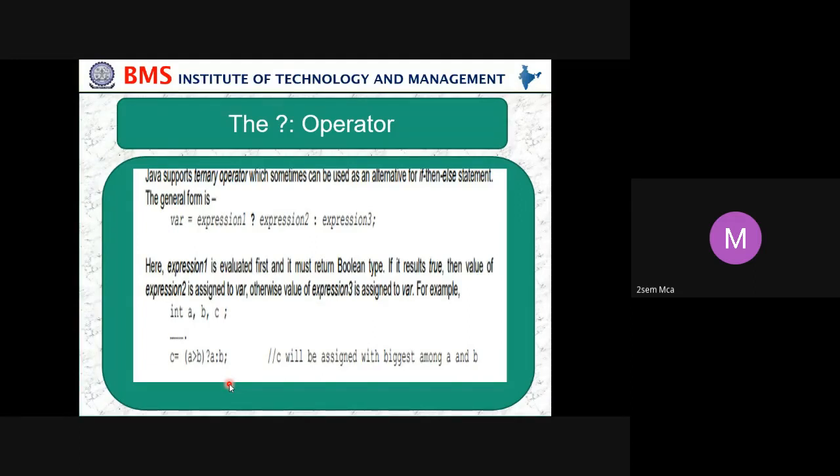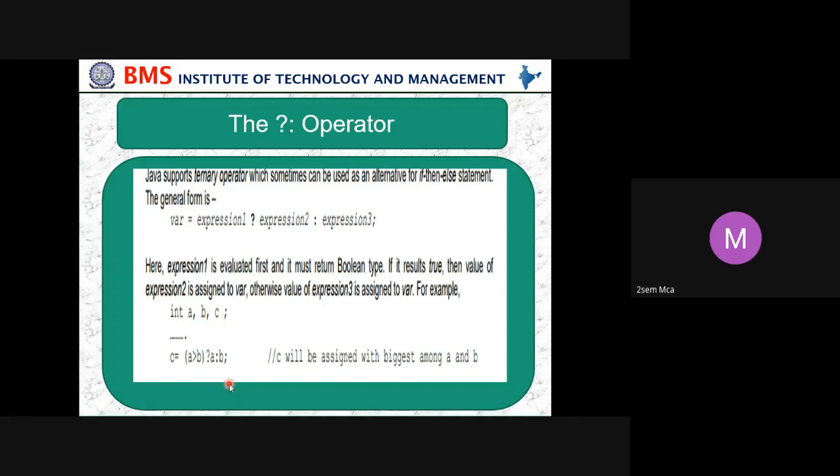So Java supports the ternary operator, which sometimes can be used as an alternative to the if then else statement. Wherever we can replace an if then else statement, we can use a ternary operator. The general form is: variable equals expression 1, question mark, expression 2, colon, expression 3, end of the statement. This is the syntax for the conditional or ternary operator.